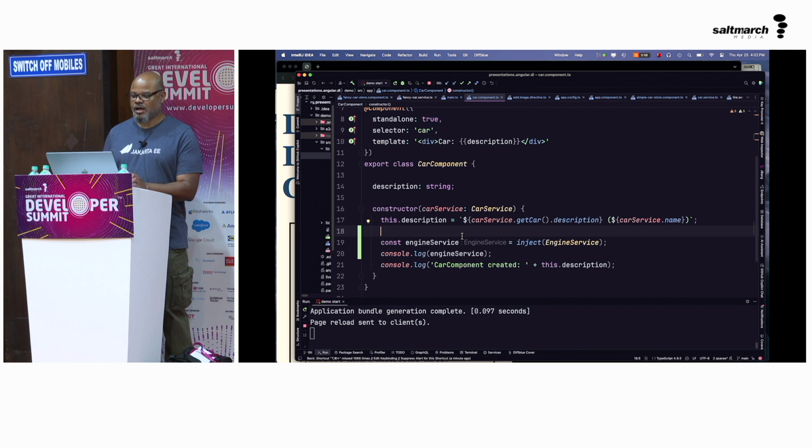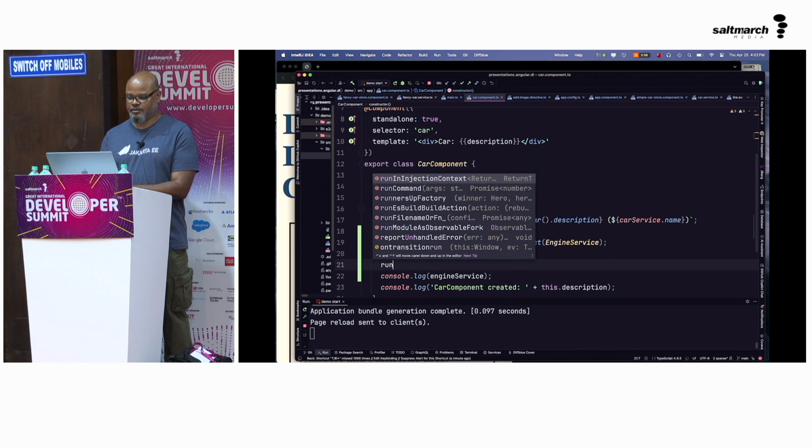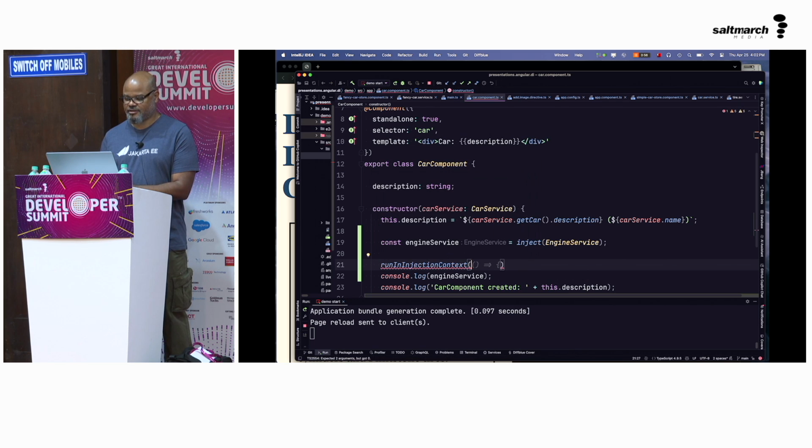By the same token, you can do this. You can actually do run in injection context. So you could say, given an injector, I then want to do some function, right? We'll do that exciting function there. Now the question is, where do you get the injector?